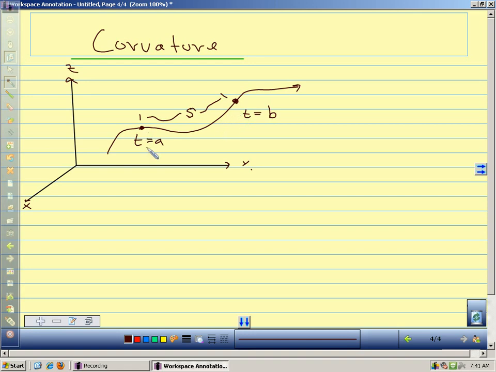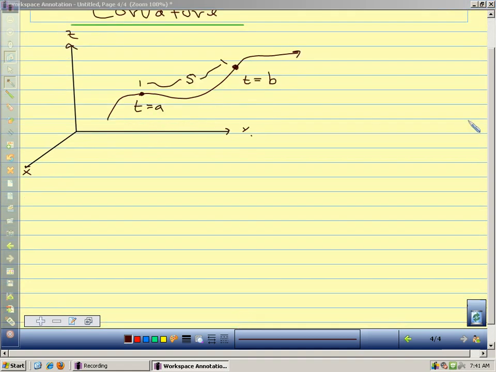If I start at t equals a and say t equals 3, and I'm here, and we know the arc length for t equals 3, that's going to define a point on the curve. So we're considering arc length as a function of time. So we're parameterizing the curve with respect to arc length. So we're going to say that s of t, or arc length, as a function of time,